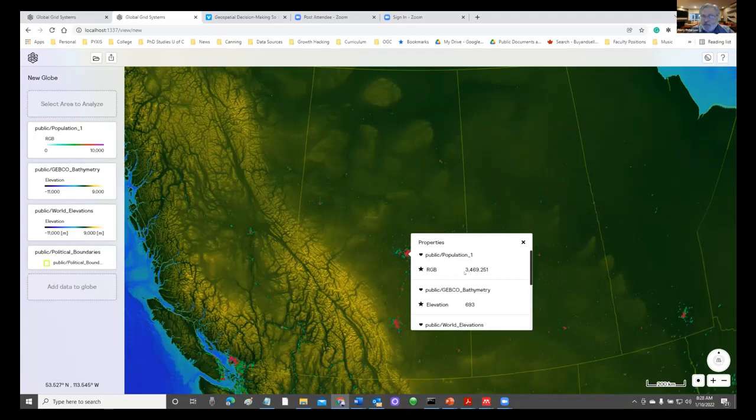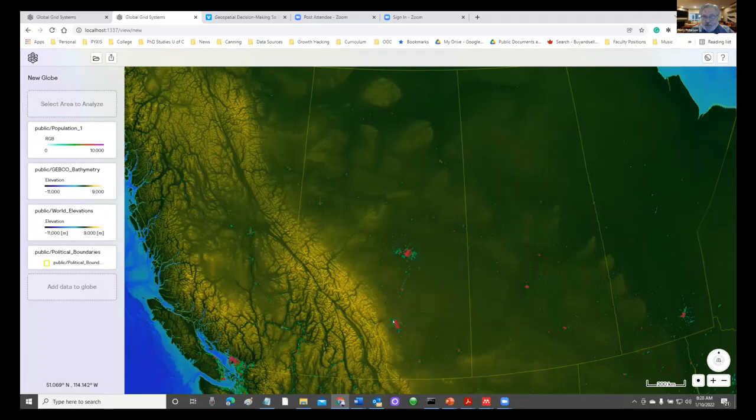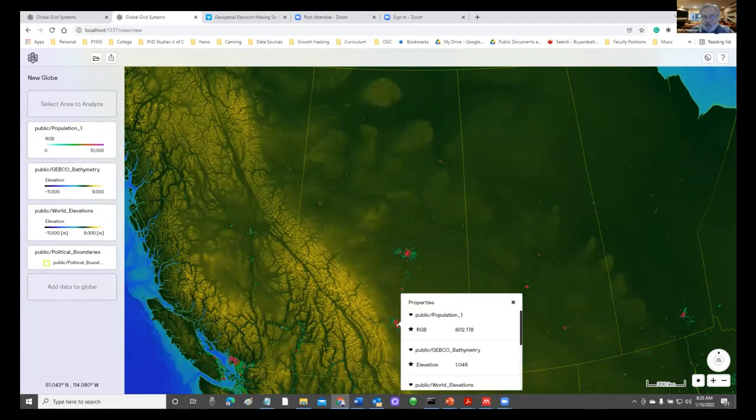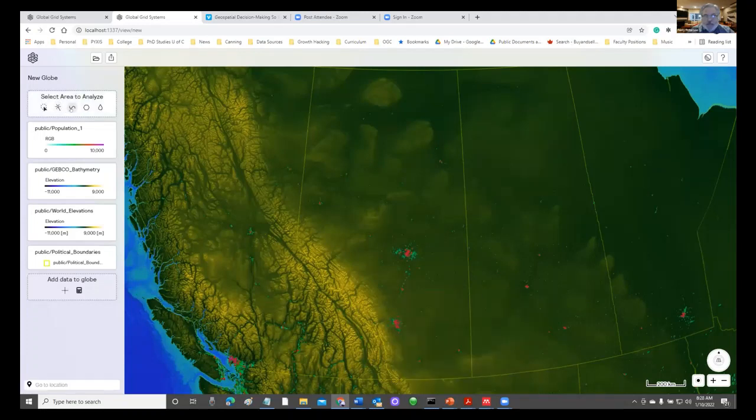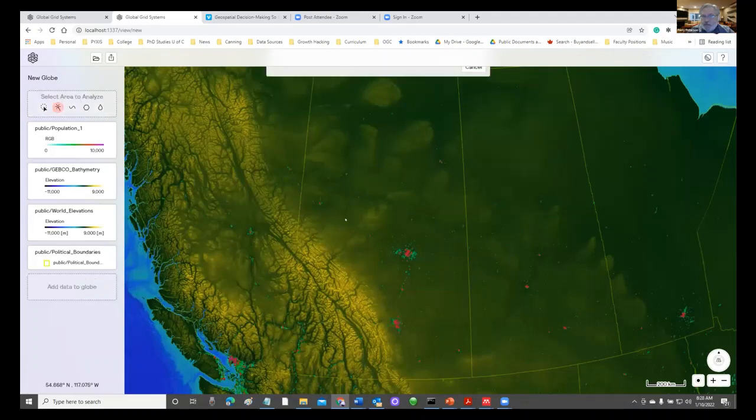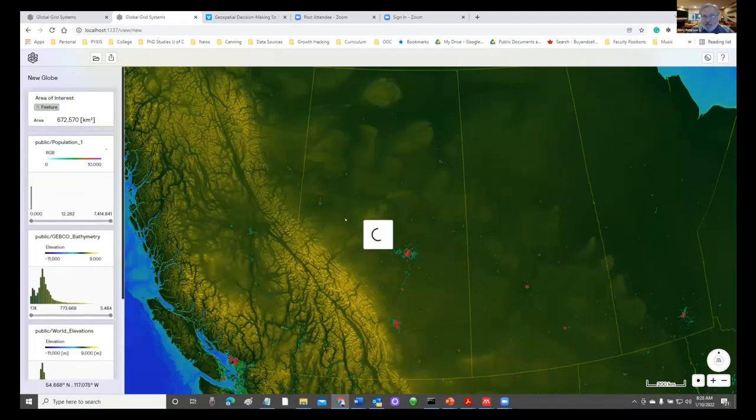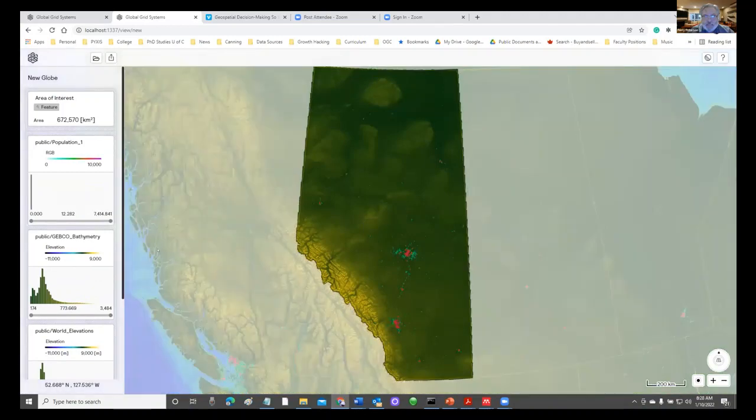And so I can click now at a location and I get the population of that cell that I sat in. That's a density, 3,469 people per square kilometer. And that's in Edmonton, the capital of our province. And down here in Calgary, downtown, we have 602, for example. But we can now do that same selection idea of the whole province. And let's select the whole province. And now we get this population distribution for the whole province, about 12 people per square kilometer. So not densely populated by any means.